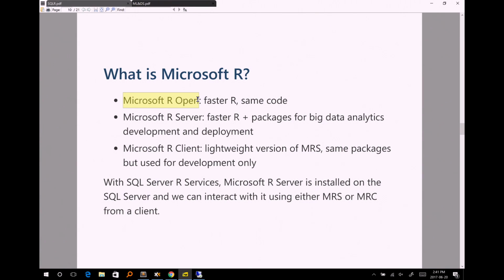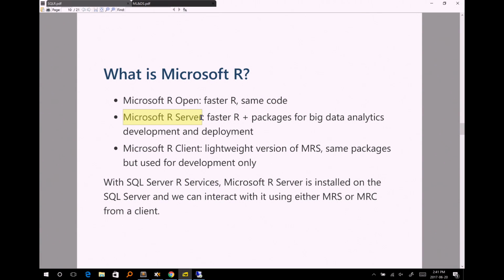That's really, for all intents and purposes, I don't want to get into the detail because I frankly just don't understand it much either, but it's faster because of changes made to the underlying math kernel library. And it's also faster because it's multi-threaded. Right? So right off the bat, the same R code, no changes, is going to run faster in Microsoft R Open.